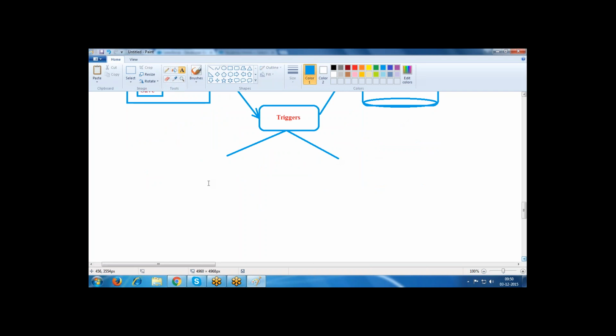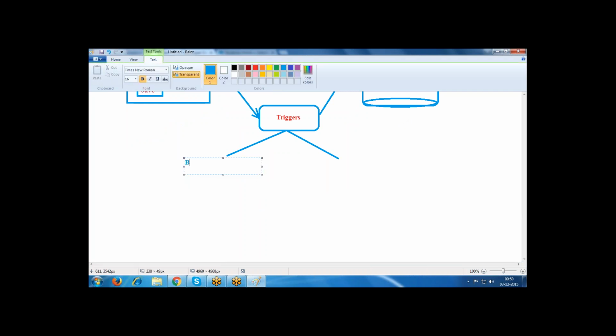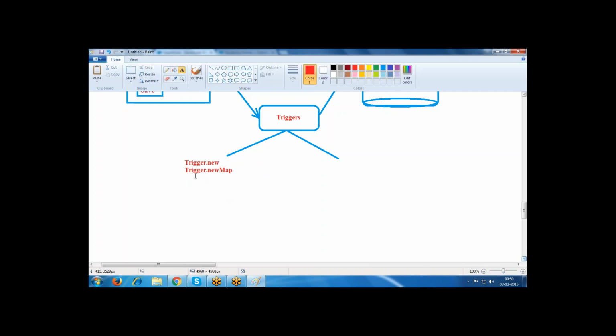The trigger context variables are trigger.new and trigger.newMap. We are using trigger.new and trigger.newMap. These two perform some operations.